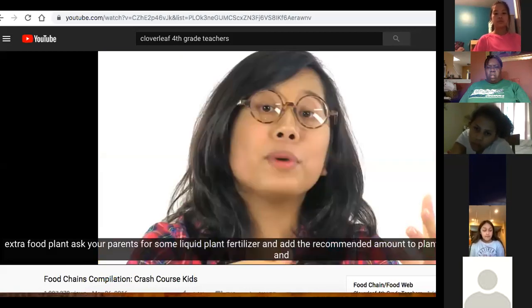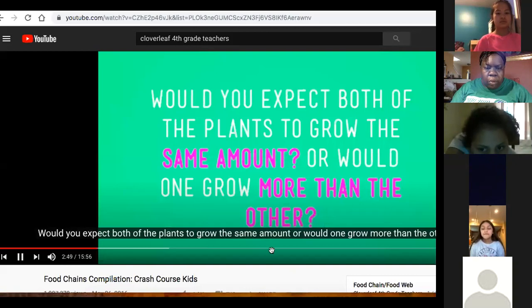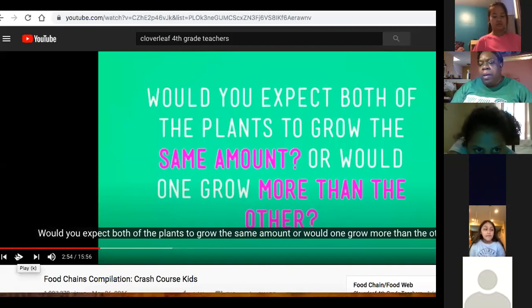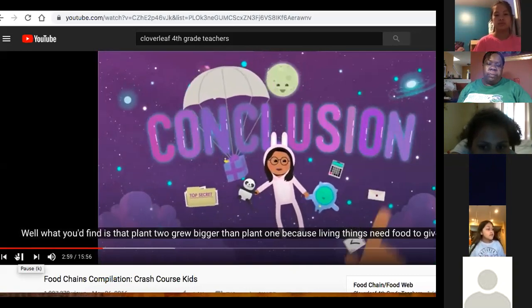Now, if you kept watering and feeding your plants the same amount for, say, 4 weeks, what do you think? Would you expect both of the plants to grow the same amount, or would one grow more than the other? Now, when that one plant receives extra food, what happens? It will die? It would grow big. Which one do you think is going to either die or grow big? Well, what you'd find is that plant 2 grows bigger